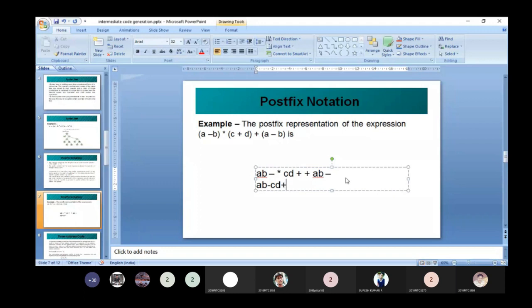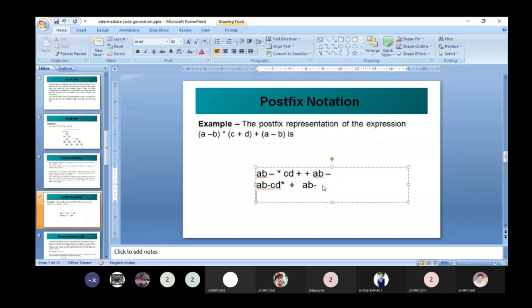What is the operator here? Star. So you write star. Okay, so next step, this is one operand. In between we have plus, and then again AB minus. So this is what we have here: AB minus CD plus star is one operand, and then plus AB minus is another operand.